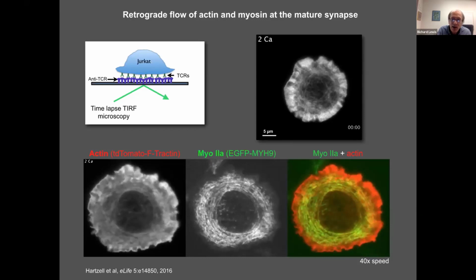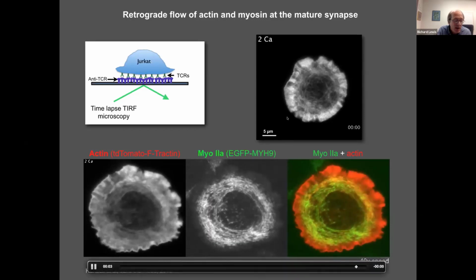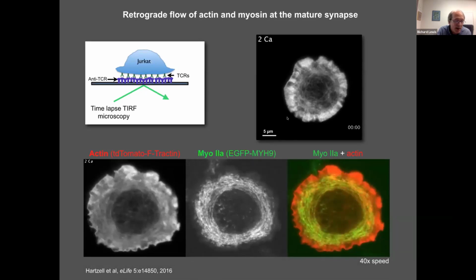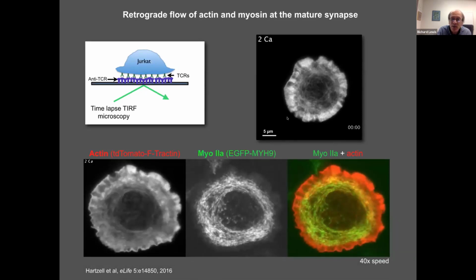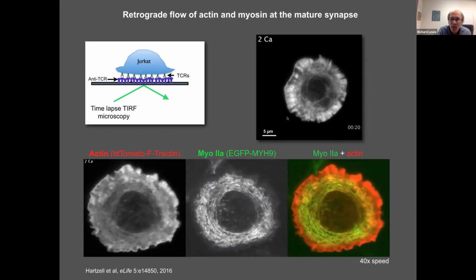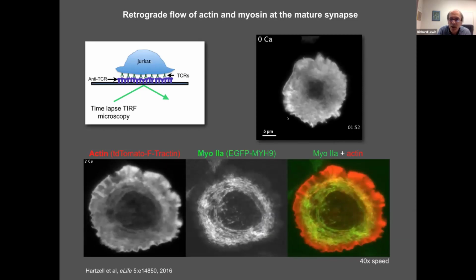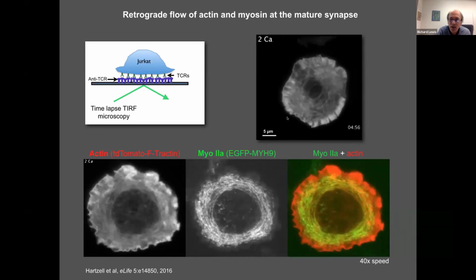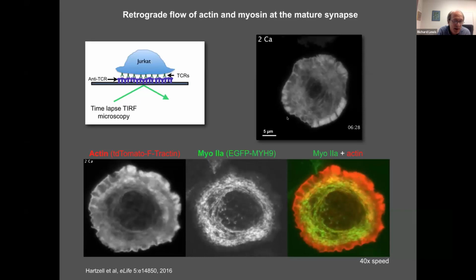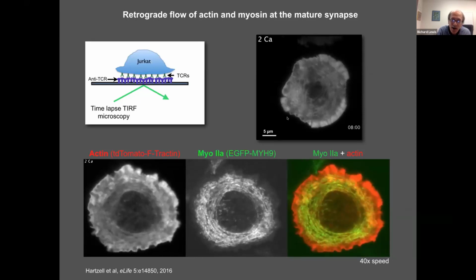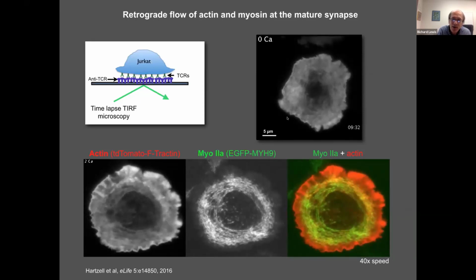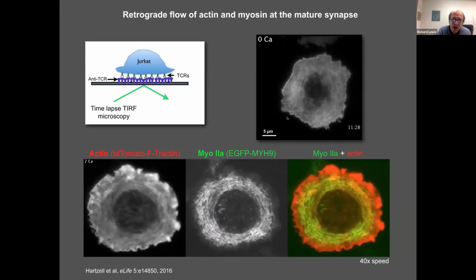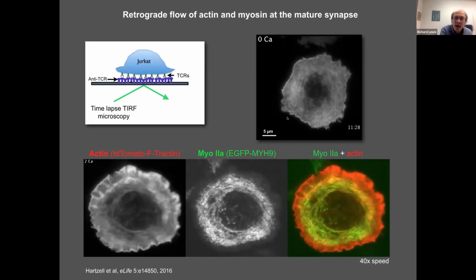So in the top right, if I can play this movie, what you see is actin in a Jurkat cell. We're looking at the footprint again. And it's treadmilling, and we'll just remove acutely the calcium from the bath, and you can see what happens there. You lose the organization and the dynamics. When we apply calcium back, it's rapidly restored. So it turns out that CRAC channels, that calcium flux through the CRAC channels, is necessary to maintain this organization and dynamic movement of actin at the synapse.